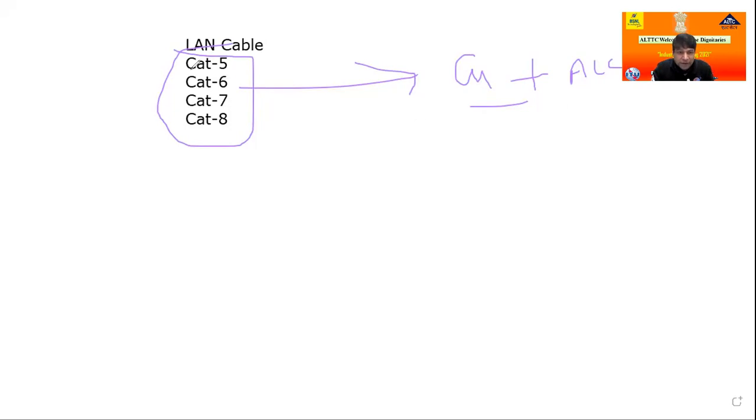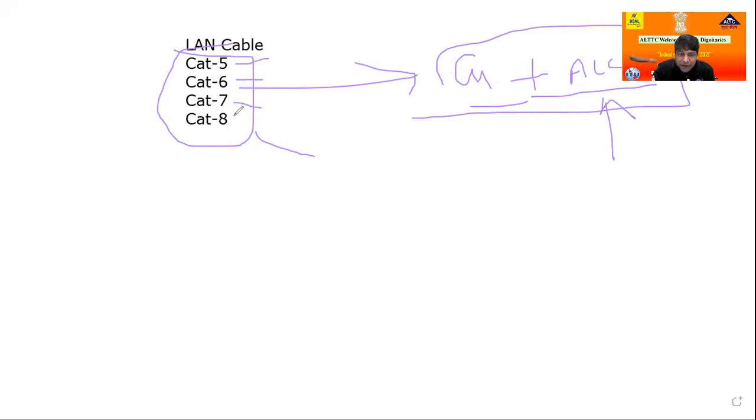So in Cat 5, Cat 6, Cat 7, and 8, all are copper wire plus alloy. Depending on the alloy, the category of the cable changes. If a high-quality material such as silver, gold, platinum, or another high-class conductor is used for this communication system, it will be classed as a higher category of cable.